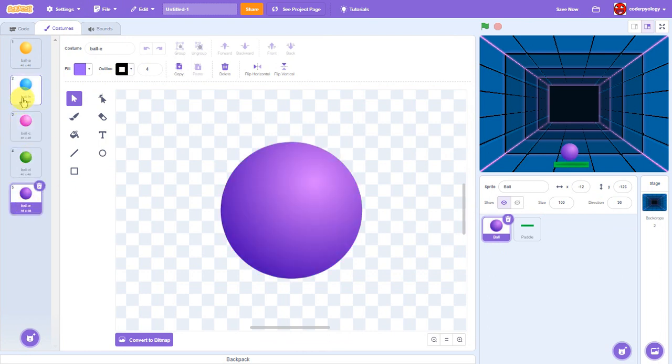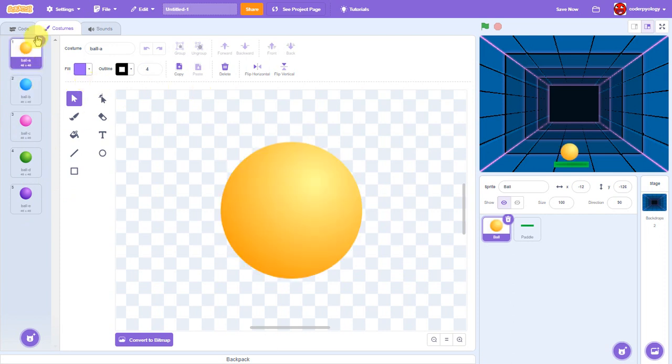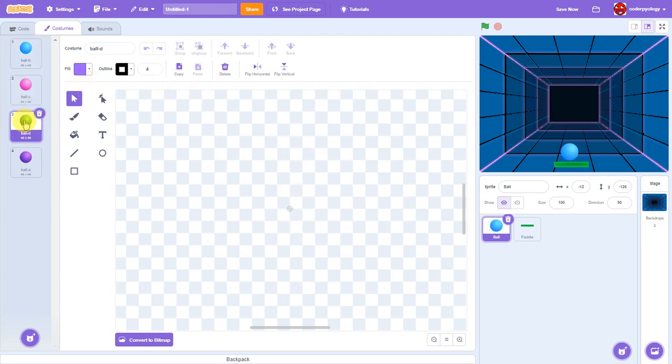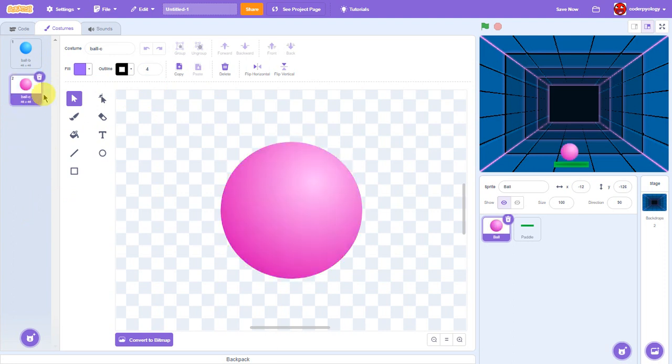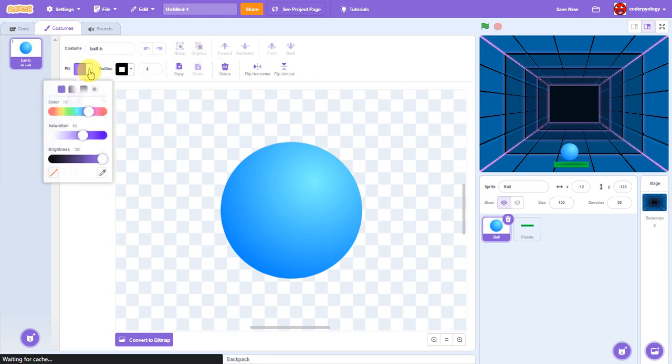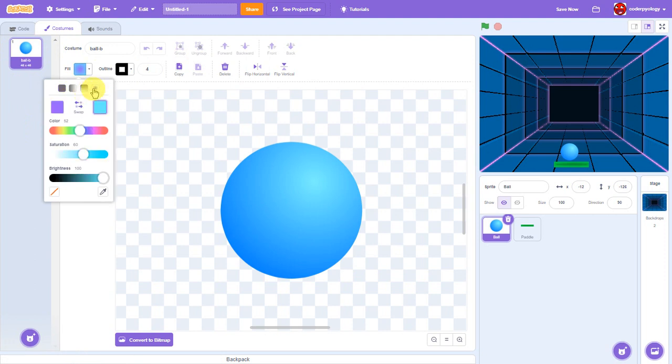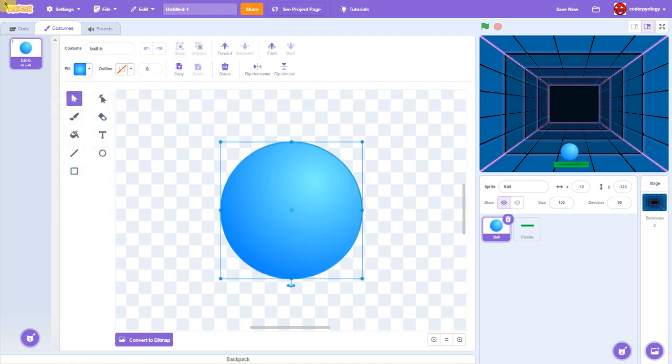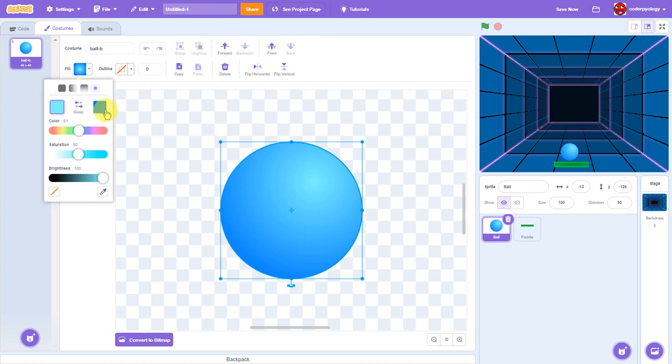But what I'm going to do is choose the ball B and delete every other thing. So now I'm going to go to my fill. You don't have to do this, and click on this to change the color a bit, and